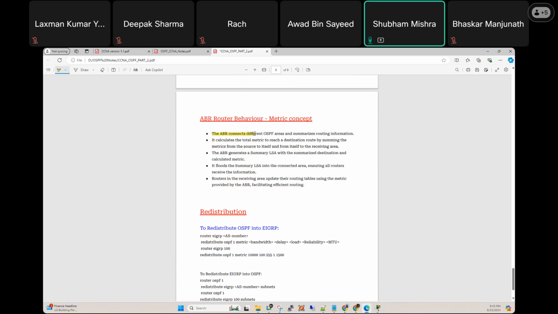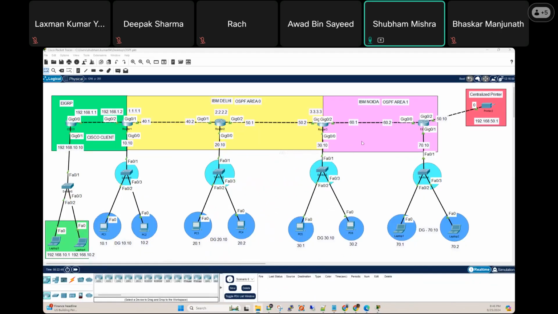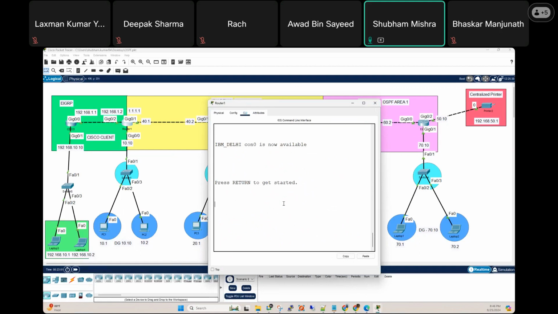The ABR router connects different OSPF areas and summarizes. We already know it calculates the total metric to reach the destination route. First of all, understand what this means. For example, this router is sharing the 60 network in area 0. Getting my point, everyone? It means the 60 network should be there on this router. Here, I am running the command